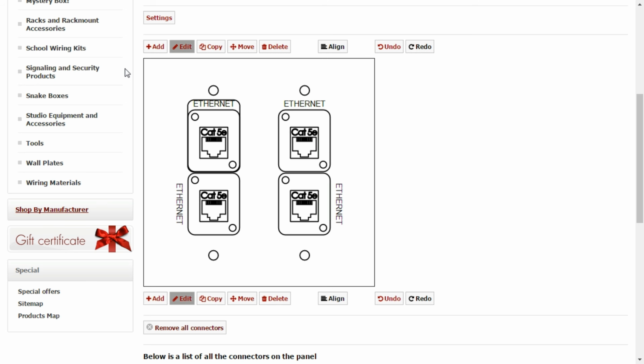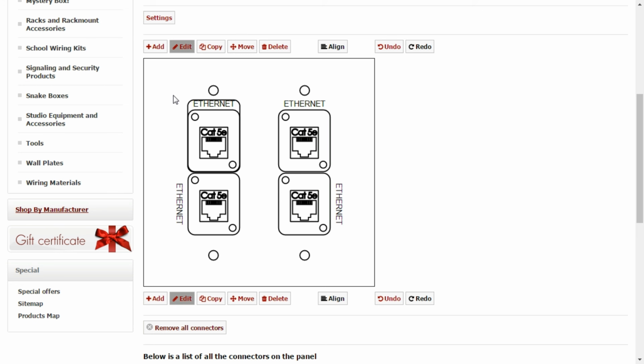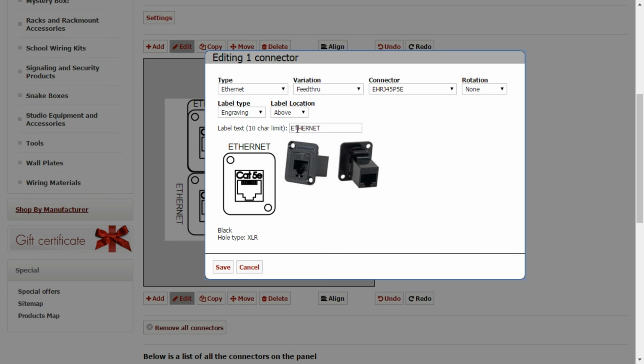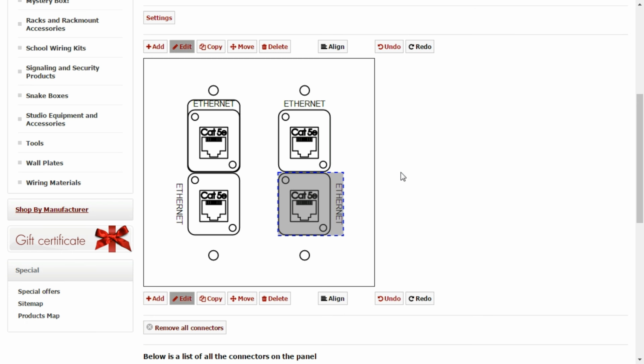I've made a sample 2-gang electrical plate here showing you the same connector but with different types of labeling. The first one is the DP type plastic tab labeling, and I have the label above the connector so you can see that there, and it shows the border around the label. That'll be the tab that shows. The rest of these are all engraved type labeling. This is engraving above the connector. This one shows what the labeling would look like if you choose the left side of the connector, as well as if you choose the right side of the connector. Just to give you an idea what the different types of labelings are and what their placement looks like